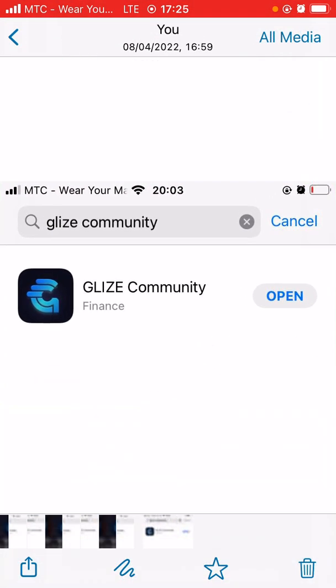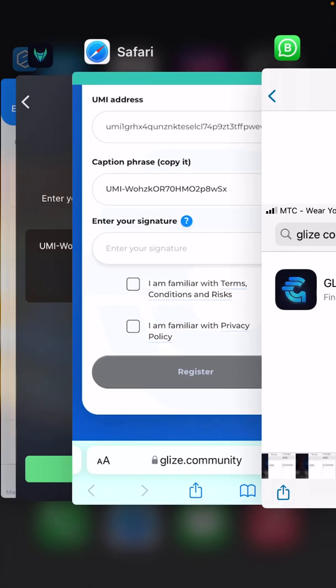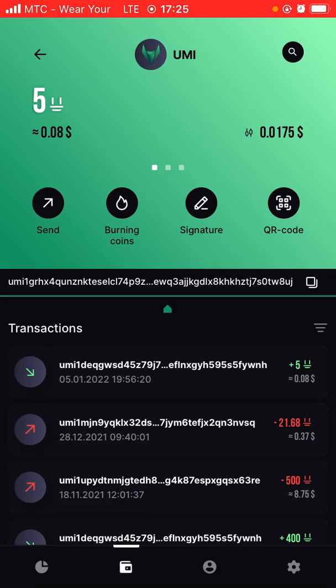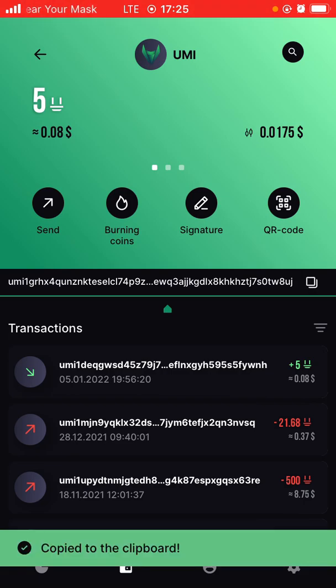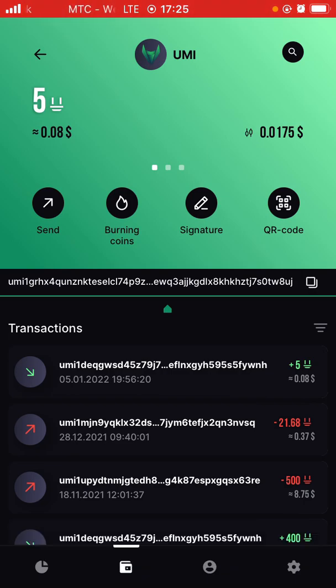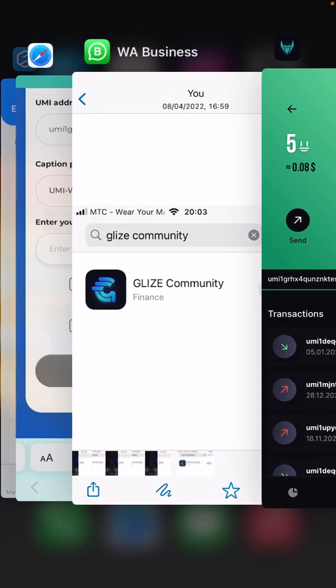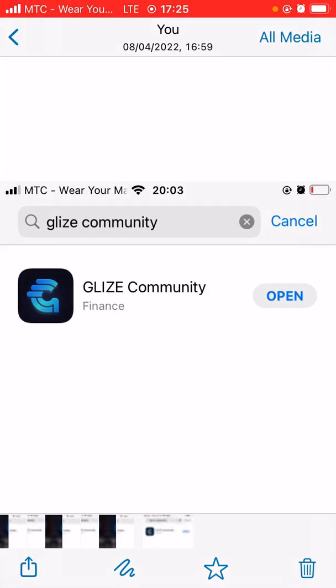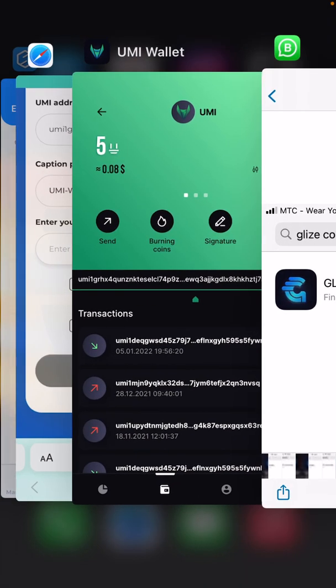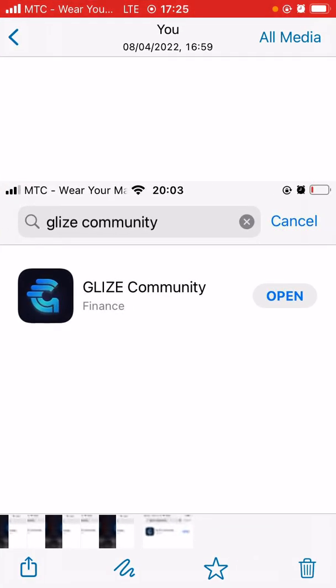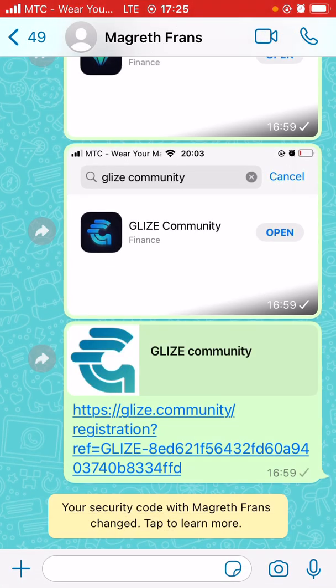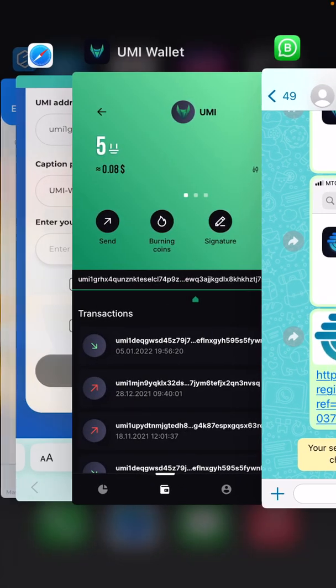Glize community app. So this app, hopefully you have downloaded it. You can now go there. They will ask you for the UMI Wallet address again. So the same UMI Wallet address which you have used here, copy it. That's what you will use to enter your Glize community app. Once you are on the app, the Glize community app, you can now send your Glize to